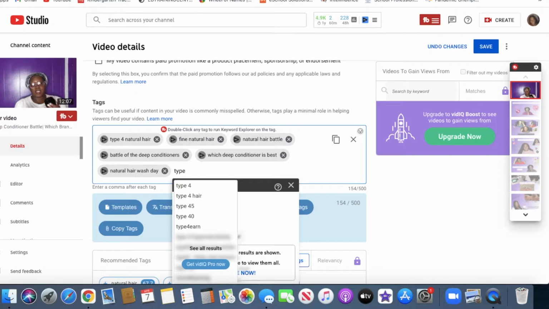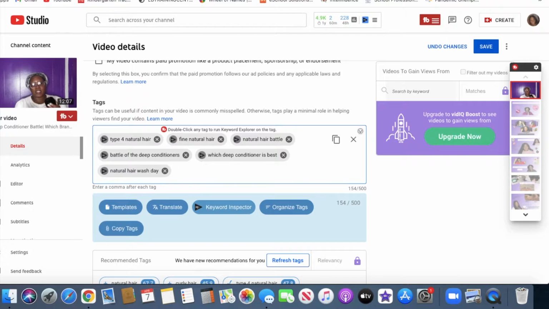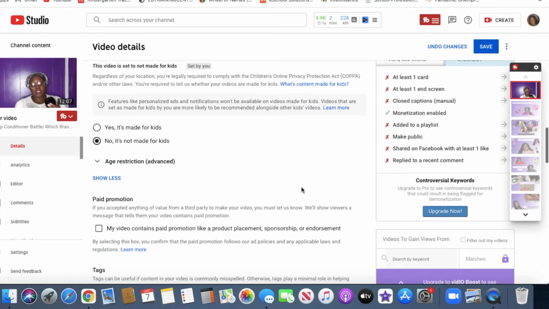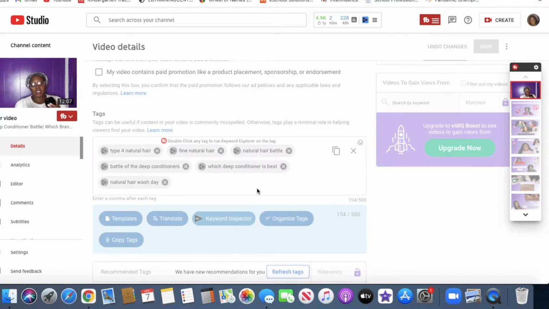So a smart thing to do that I don't do, I probably should, is when you have some of these hashtags that you notice work really well, the best thing to do is copy them. So here you can press copy all, and then depending on what type of device you have, if you have a MacBook, you can just put it in your notes, because I use notes. Or if you don't have a MacBook, I know my Dell laptop does have notes. So you can use some type of notes program to save it if you don't want to try to remember all the time. That's the best thing to do, in my opinion, is to copy and save the ones that work